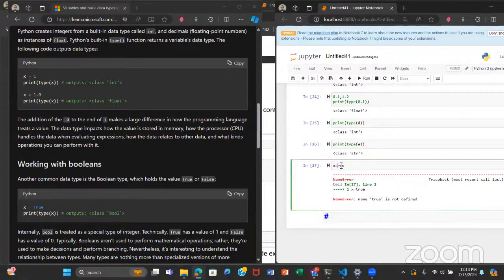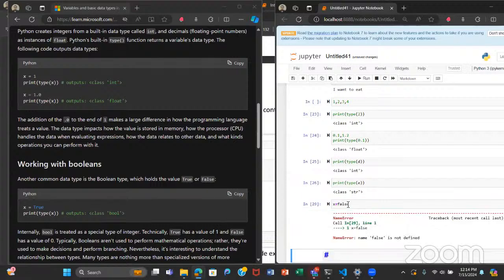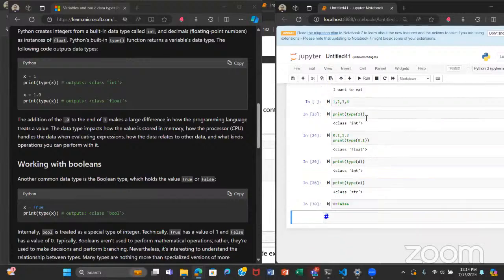So use the boolean True, capital T, the rest small letters. Same applies to False. If you write a small f you get an error, so use capital F. You see that the color is different from regular text, and it runs and we are fine.